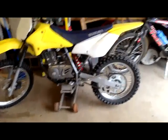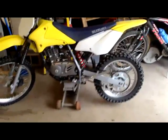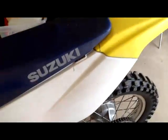Hey guys, I'm going to be showing you today how to remove a carburetor pretty much off of any dirt bike. This is a 2007 Suzuki DRZ125. This is mostly a tutorial for smaller bikes, but it could work on any type of bike pretty much. But first I'm going to be showing you how to actually get to the carburetor and then how to actually remove it. So the first thing that you pretty much want to do is remove these back plastic parts right